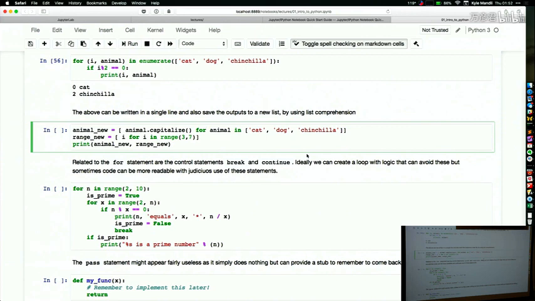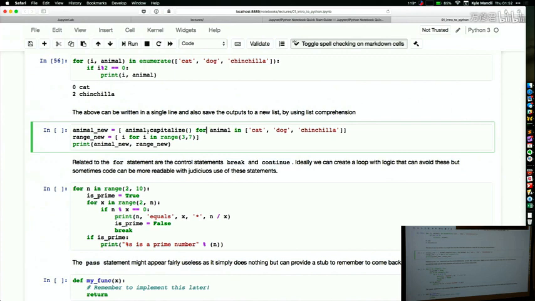This is what's called a list comprehension. So instead of writing a for loop like we did here, this thing actually looks like a for loop syntactically. In the background, it's doing something a little bit more efficient than that. But basically, if I say for animal in cat, dog, chinchilla, it's going to do this for loop implicitly, and then it's going to say, I want you to take animal, and one of the functions that you can apply to a string is to capitalize it. Okay? Capitalize,